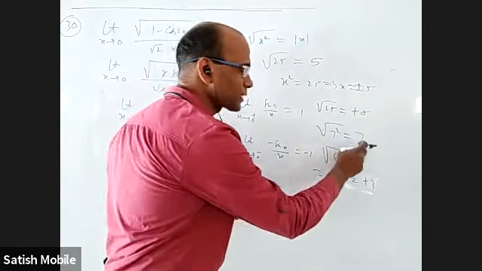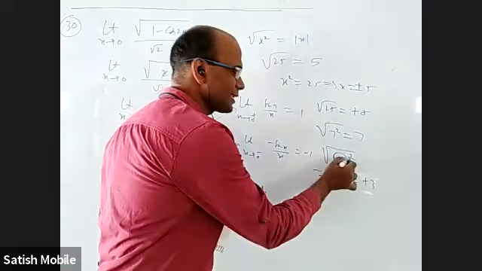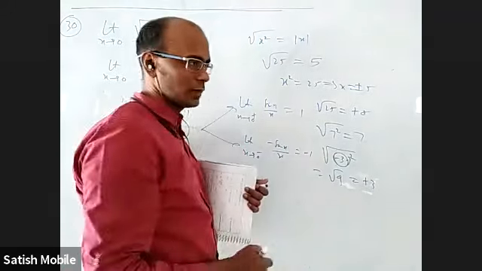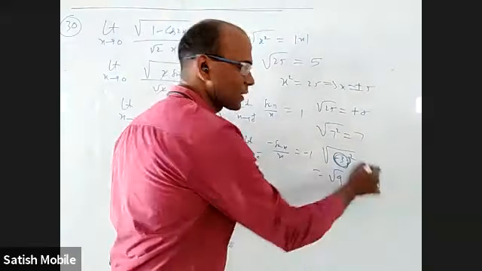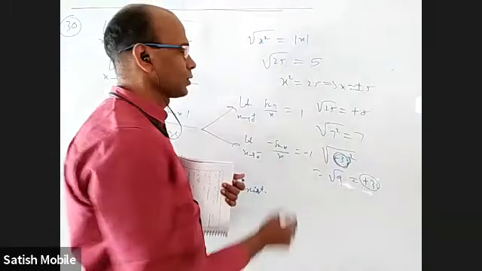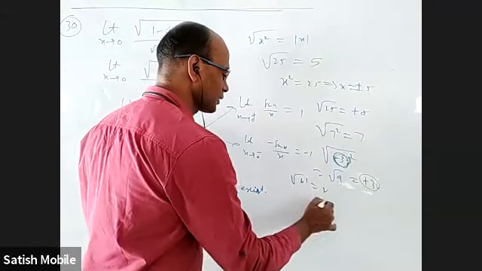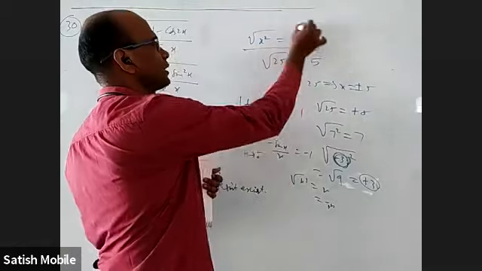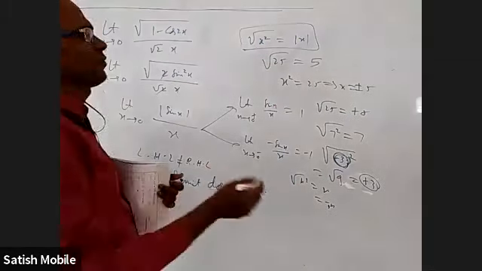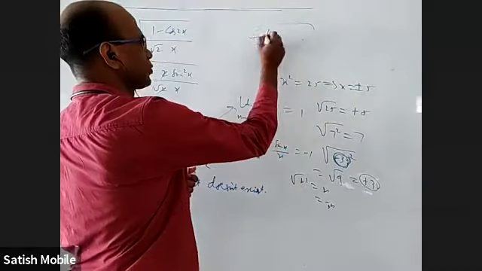So here root x square came x only. But if you take minus 3 as x, your answer did not come x. Root x square came plus 3; if minus 3 is x, what will plus 3 be? Minus x. So root x square can be x, can be minus x. This is when x is positive, this is when x is negative. Instead of all that, we say this. Is it clear?